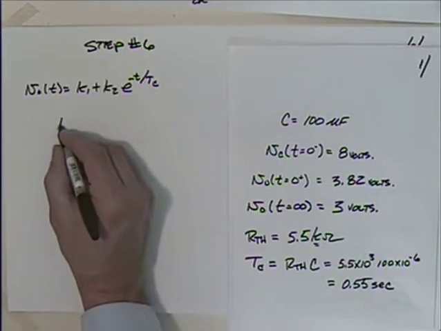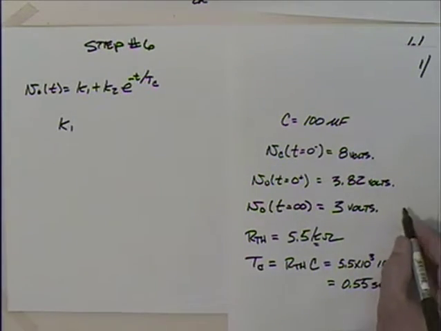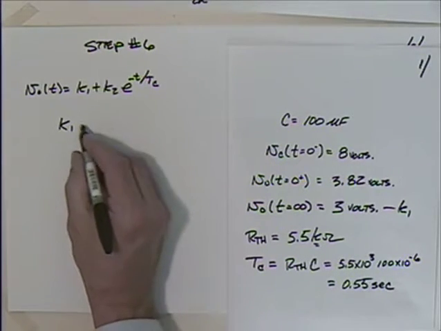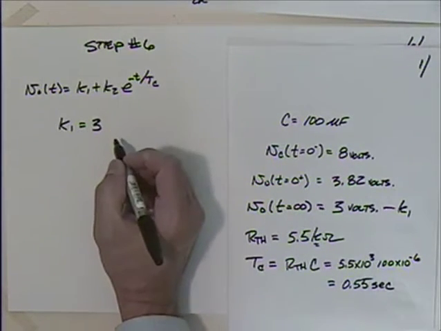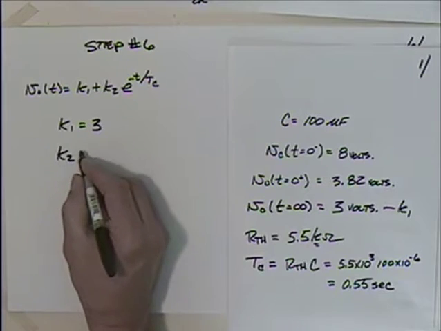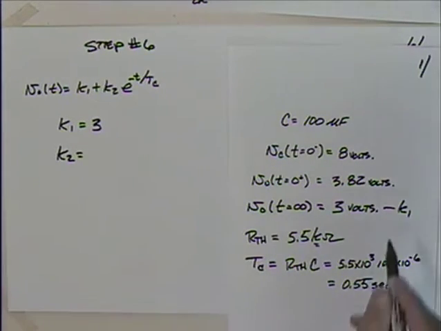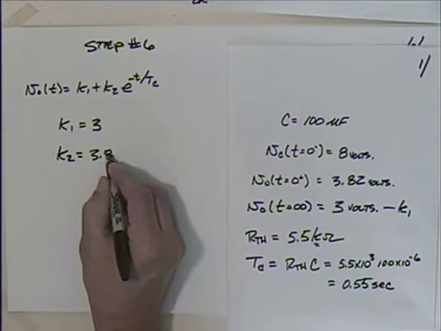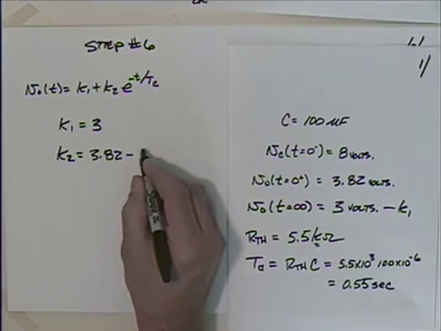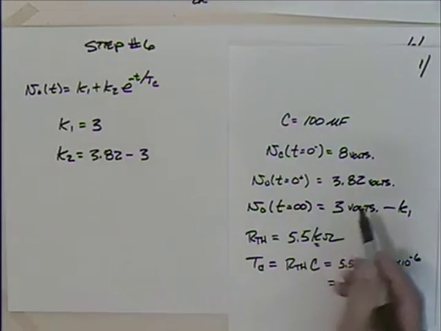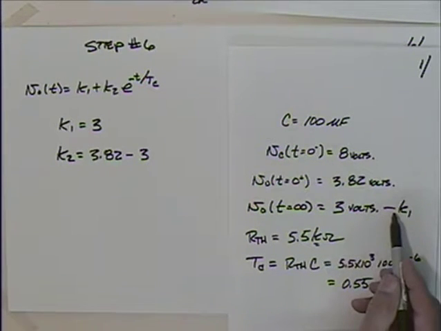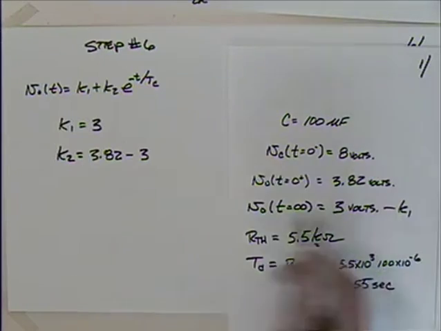So k1 is going to be equal to this, isn't it? Okay, is equal to 3 volts. And k2 is going to be equal to the difference between these, 3.82 minus 3. Is that right? Yep, 3.82 minus 3, which I get